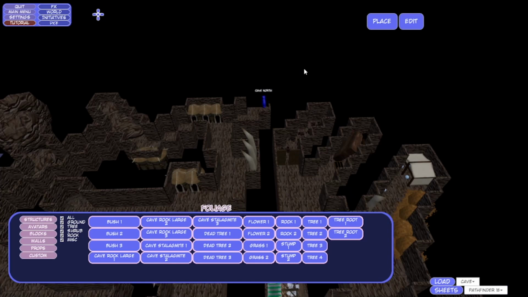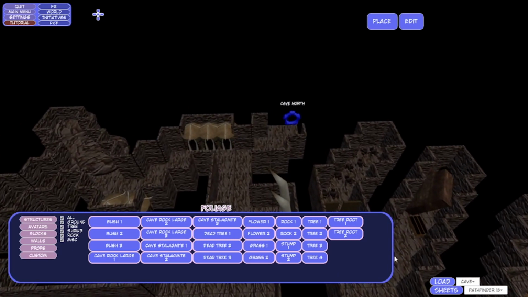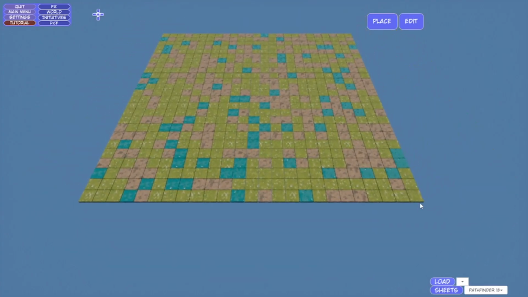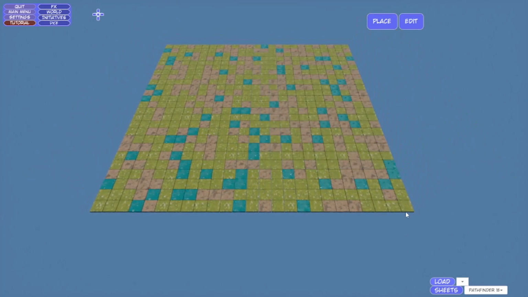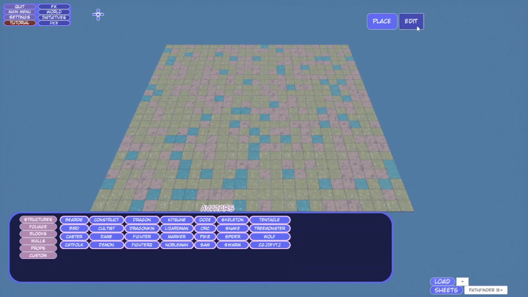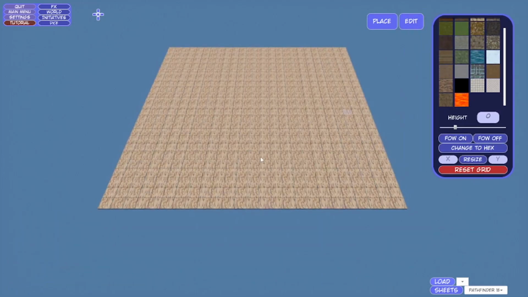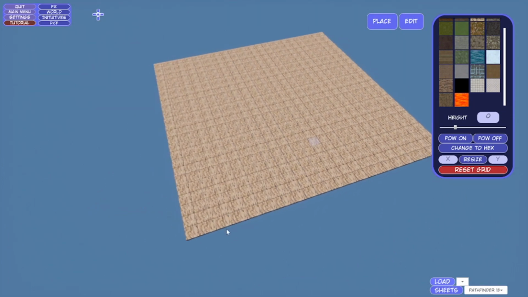So, all right, let's get to work on Cave North. Going to be great. Hang on, guys. All right, so here we are in the beginnings of Cave North. I'm going to stick with the default map, not the regular map design. I'm going to change everything to this rock. And what I'm going to kind of do is...